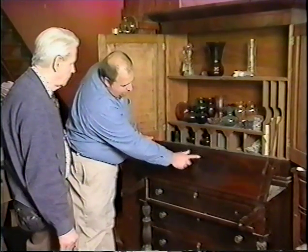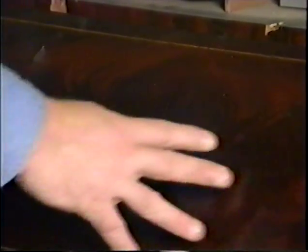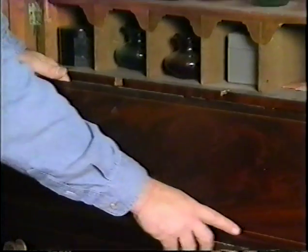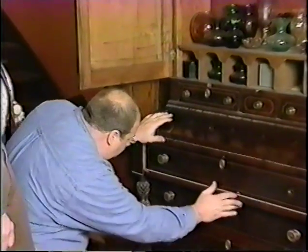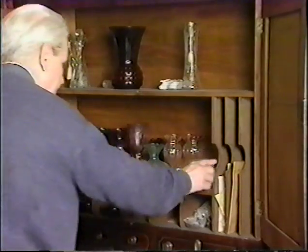Again, you can see the matched veneer. You see this line here? Yes. This is actually a piece of veneer that's split in two. You can see the seam here, and what it does, it gives it a mirrored effect. This piece of veneer is identical to this piece of veneer. Yes. Again, with the line inlay going all the way around. Very nice. Jimmy estimates the value of the desk secretary at $15,000,